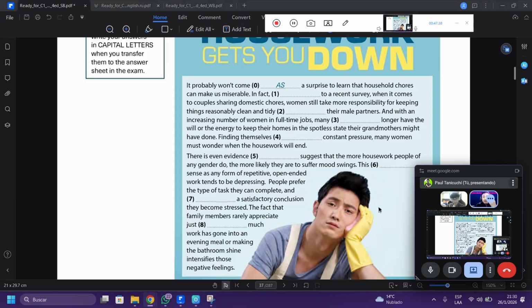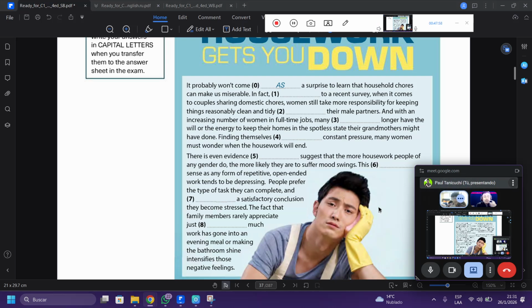For example, people prefer the type of task they complete, that's clear. And then, as they don't see any kind of rewarding thing, they become stressed.